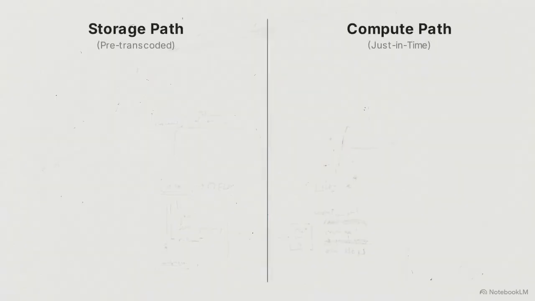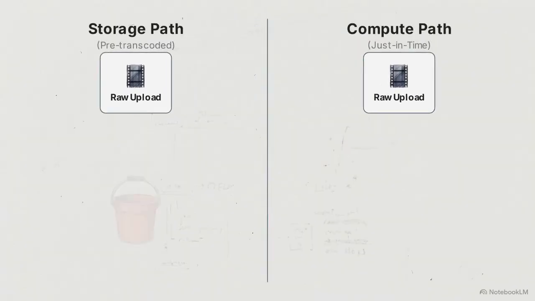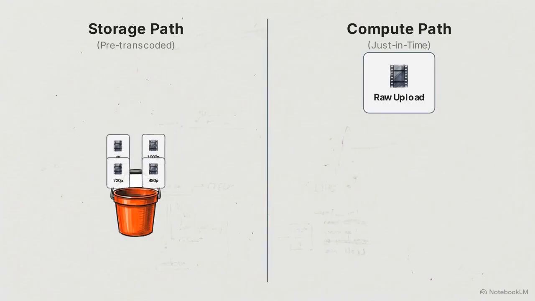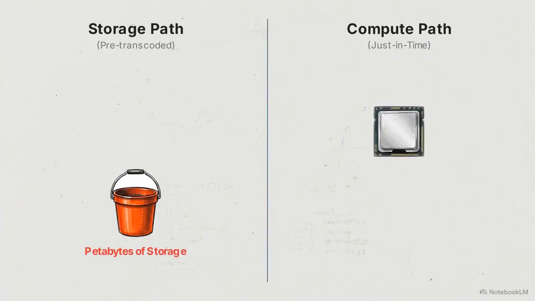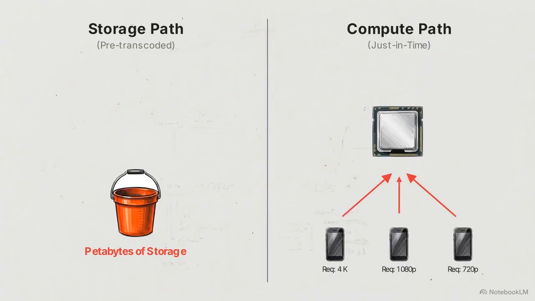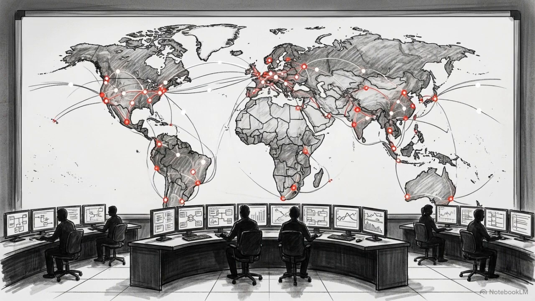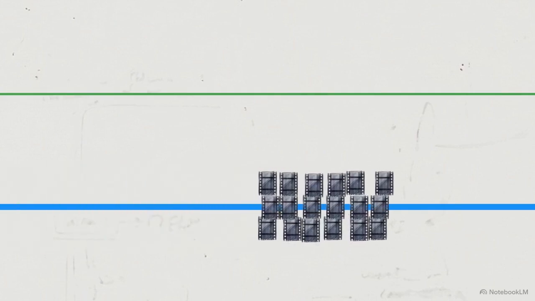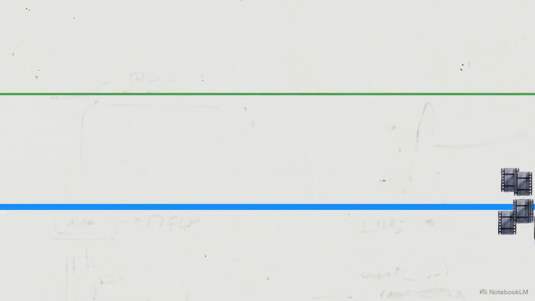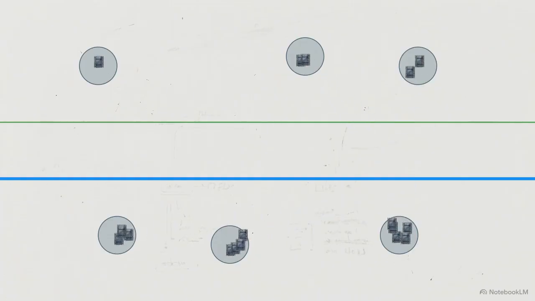We see the same logic in storage versus compute. The architecture intentionally burns petabytes of physical storage to hold dozens of pre-transcoded files, rather than attempting the computationally impossible task of transcoding video files on the fly. Operating at global scale relies entirely on precise orchestration. It is achieved by decoupling control logic from data transfer, dismantling monolithic files into parallelizable chunks, and pushing the resulting bytes to the absolute edges of the network.